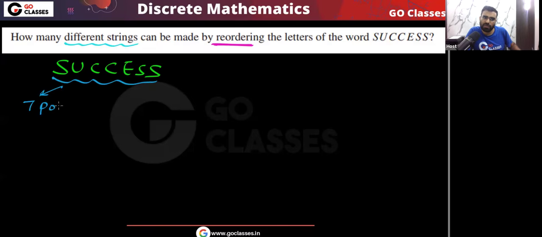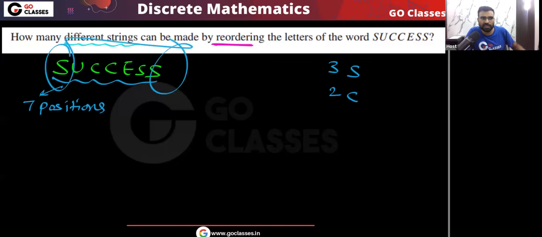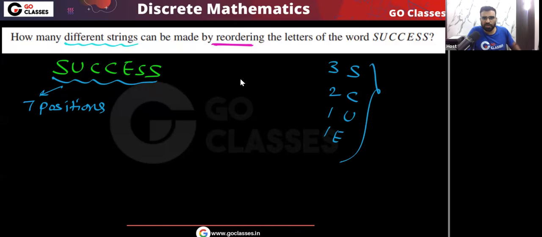Do you agree? And remember, in these 7 positions, we need to put 3 S's. There are 2 C's. See, these S's are the repeated element. There is 1 U. There is 1 E. Now let's see, if we reorder the letters of this word, how many different strings can we create?